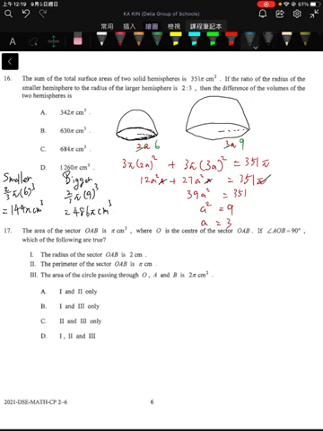Finally, if we want to find the difference between their volumes, we can just take the bigger one minus the smaller one. The bigger one is 486, and the smaller one is 144. If I do the subtraction, the result will be 342 pi cm squared. So that's why the option of question 16 will be